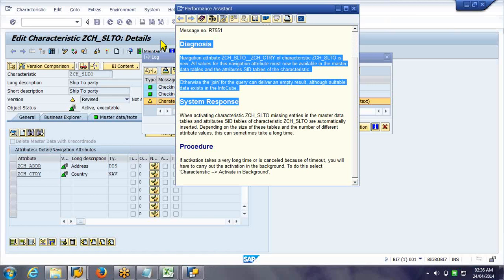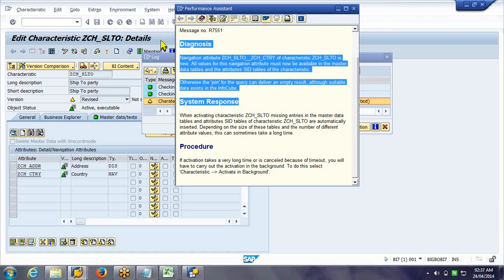Okay. So what it is saying is the navigational attribute is new, we are just enabling it, but we have already loaded data to ship to party. So all the country data has gone to ship to party. That country information should now fall into this country object, right? Right. The master data tables of country, when it was a display attribute, did not contain any data.